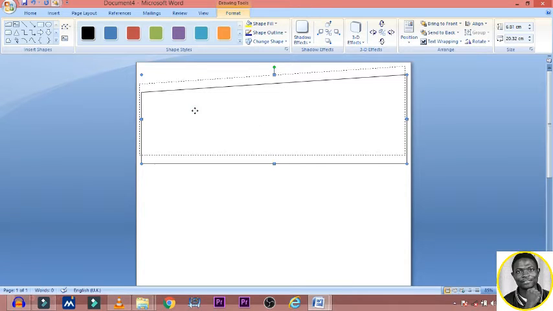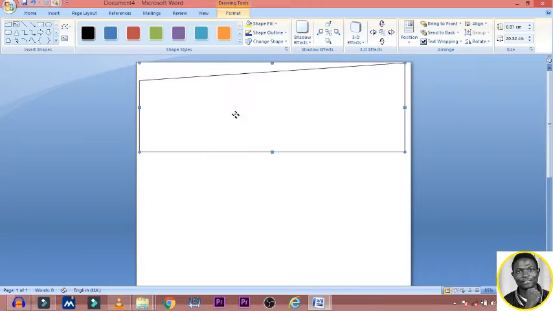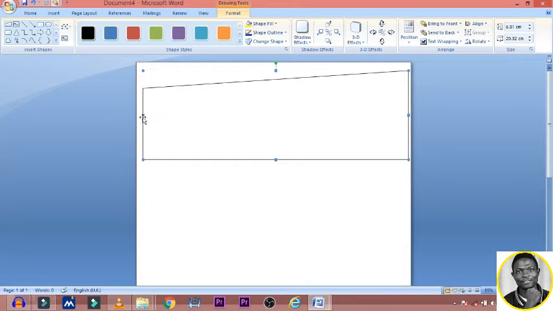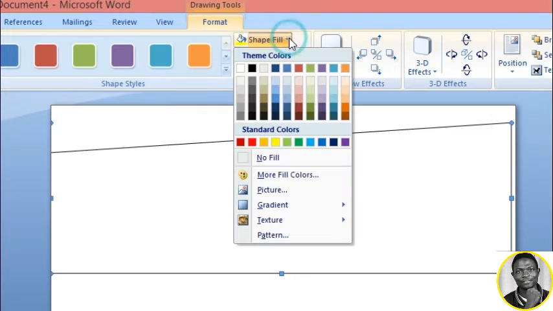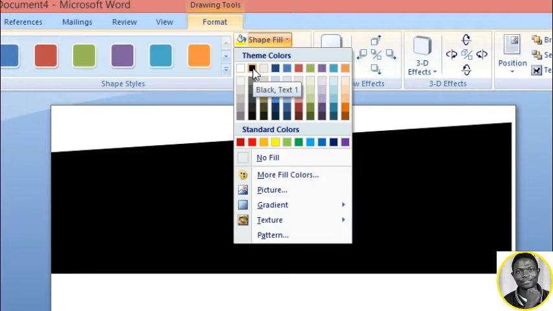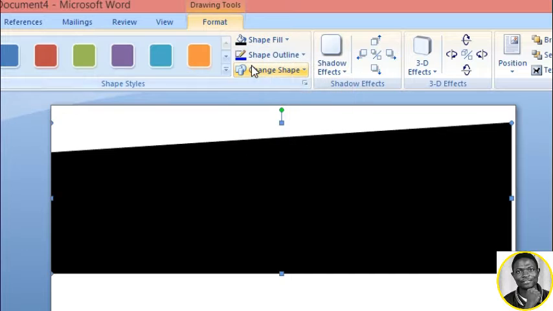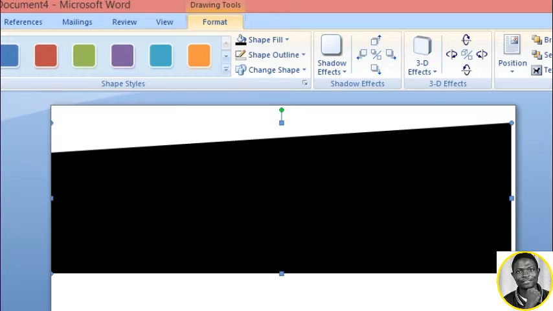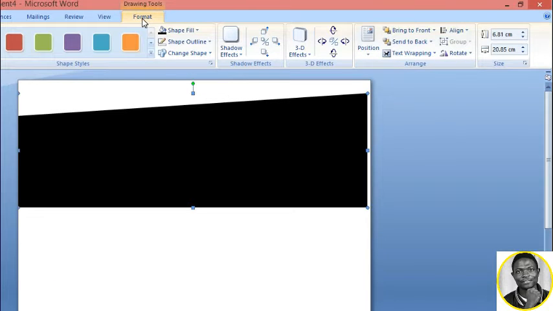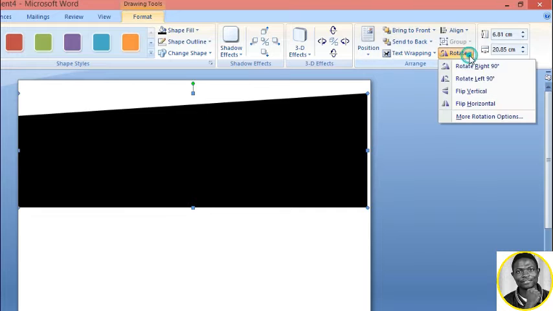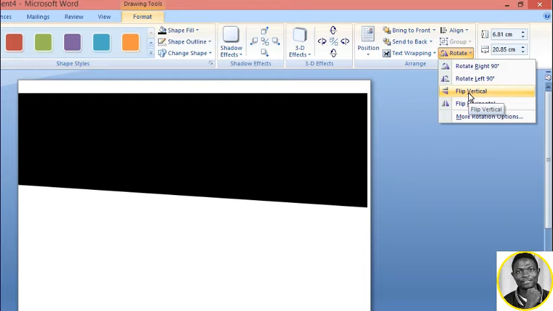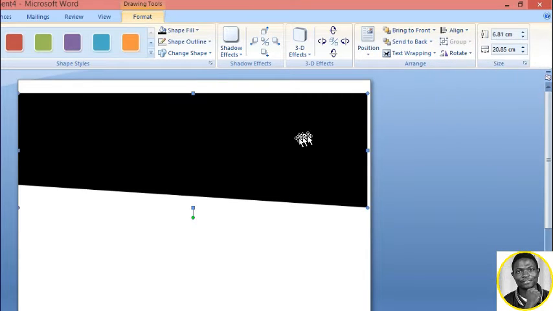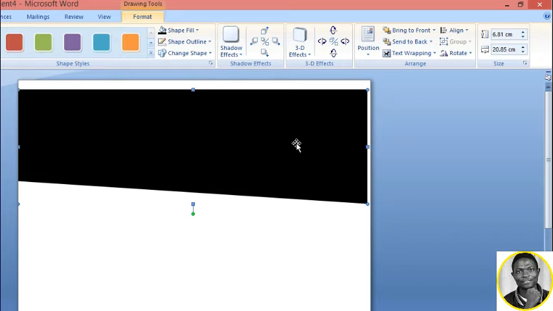So try to adjust it to the left. So go to shape fill, click on theme color and then give it black. Come to shape outline, go to no outline. Now we want to rotate. At the format section, click on rotate and then click on flip vertical. Click on it, then adjust this to the top